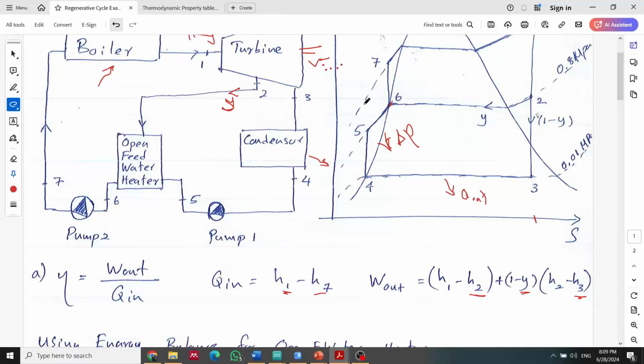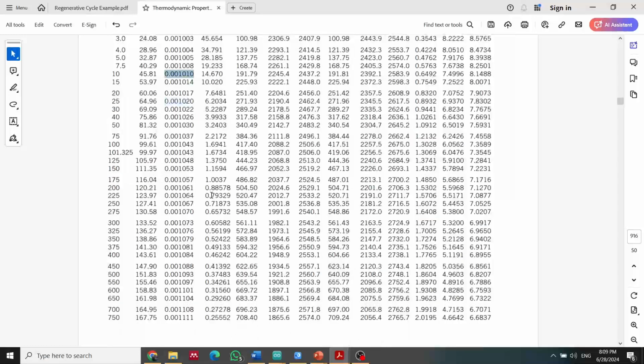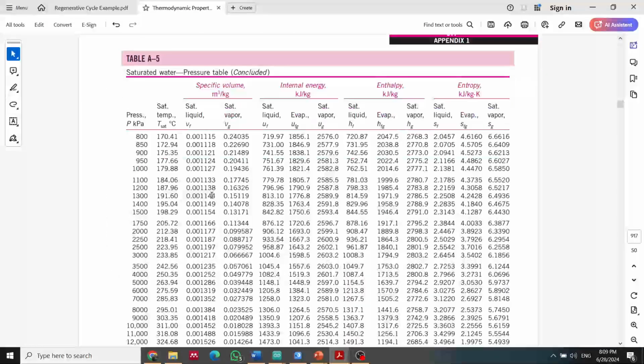That means what exits from here is saturated liquid, so this point is exactly on the saturated line. Therefore we can refer to the 0.8 megapascal line and the saturated tables to figure out this point, right? Then if we go back, our pressure is 800 kilopascal,